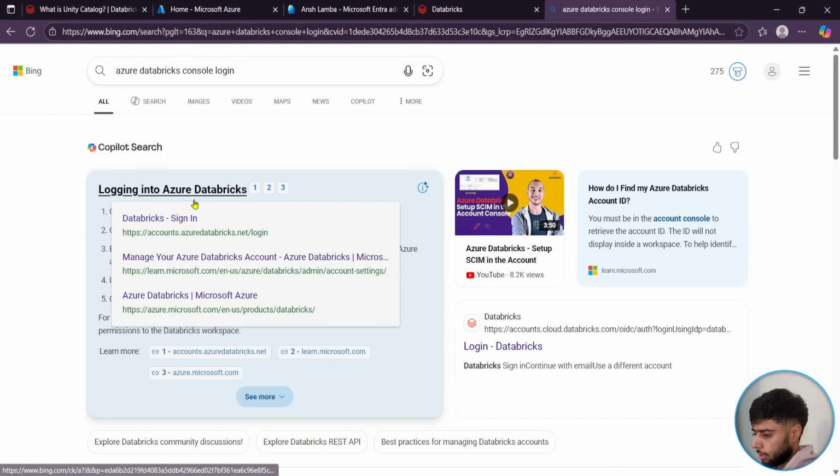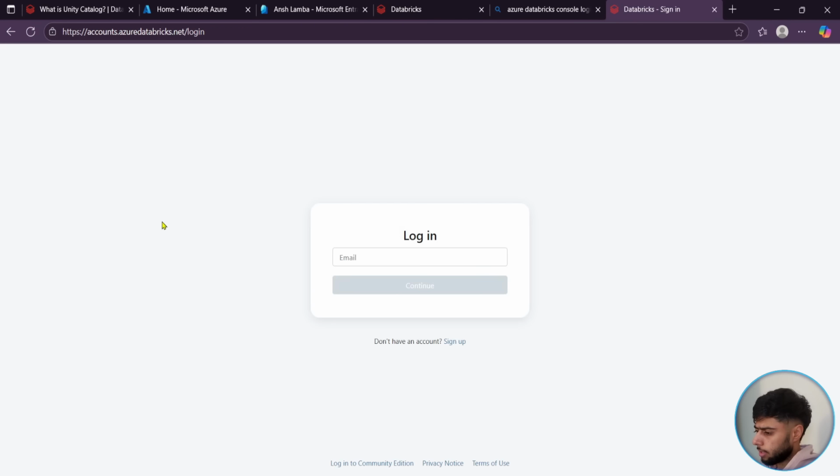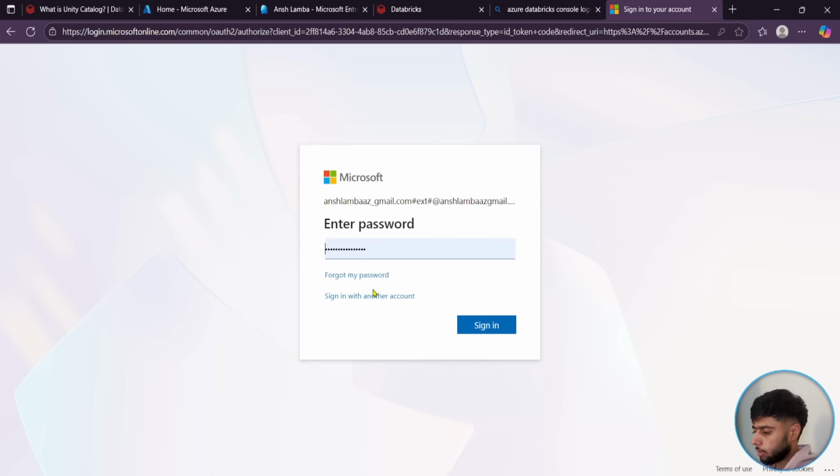So they are saying account, yeah, this one, accounts.azuredatabricks.net. I think this is the one. Yeah, this is the link that you can also see, accounts.azuredatabricks.net. Okay, so you can put your ext account here in the login and then click on login